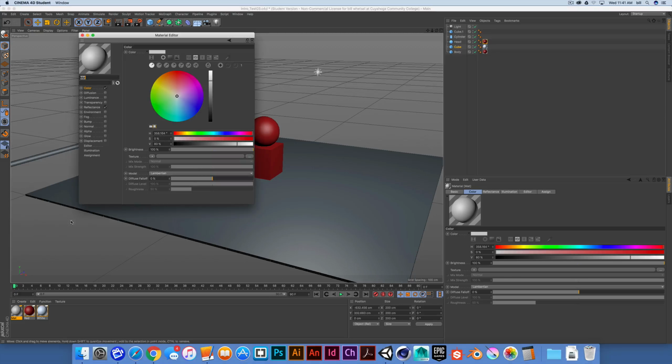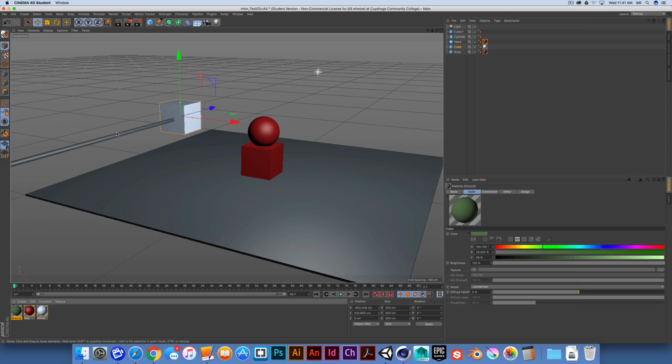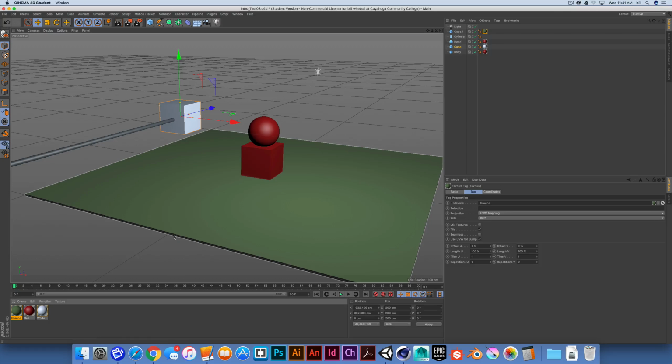So I'm just going to create one more material, and this is going to be my real basic ground type material, and I'll choose a kind of real desaturated green. It's showing up kind of shiny, like a plastic, and that's because I have this reflectance channel turned on. You should too by default. So we have the color channel, and all these other channels are here. If we deselect or uncheck them, you can see that that turns off. And now in my preview, it doesn't look as shiny as it had been,